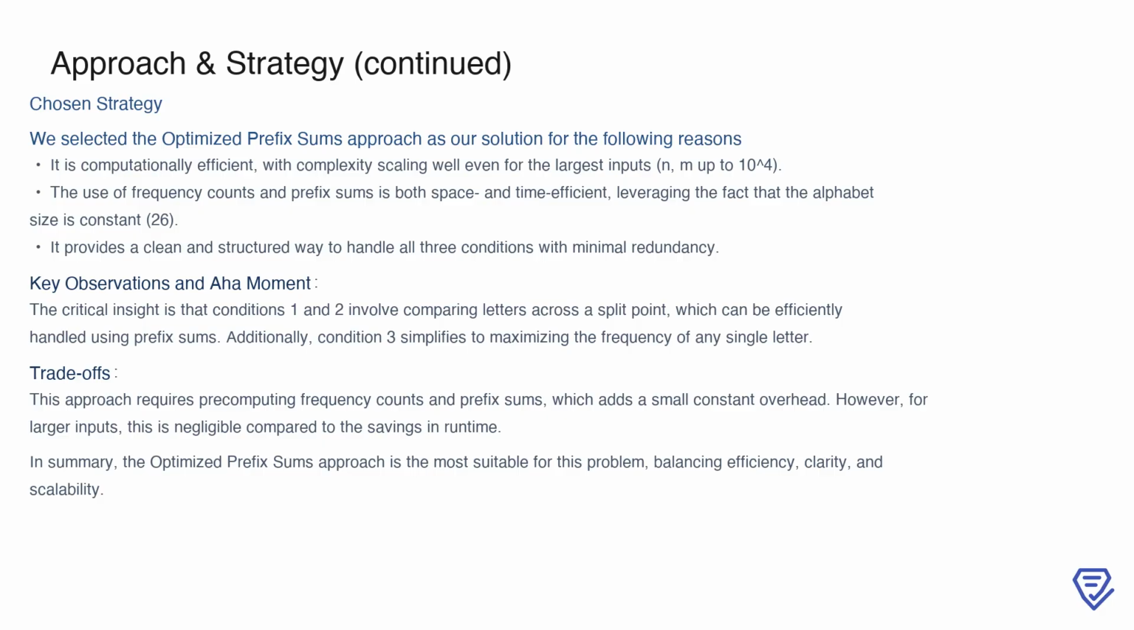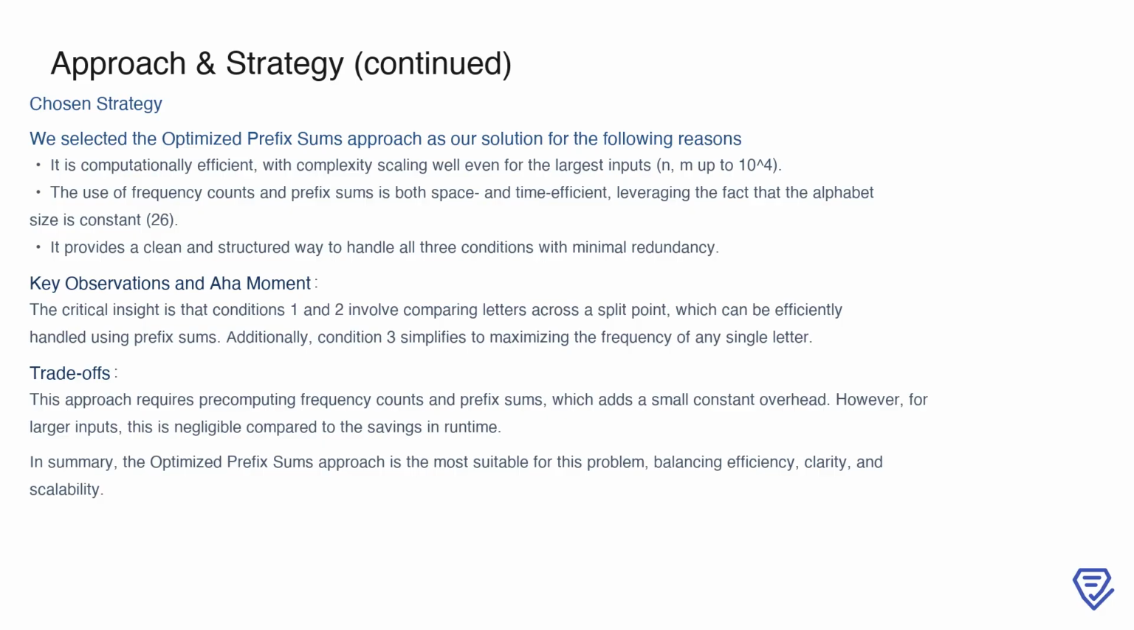A key insight here is that conditions 1 and 2 can be reduced to comparing letters across a split point, which is where prefix sums shine in optimizing the computation. For condition 3, the problem simplifies to maximizing the frequency of a single letter, which further streamlines the solution. While pre-computing frequency counts and prefix sums introduces a small constant overhead, this is negligible compared to the significant runtime savings for larger inputs. Overall, this strategy combines clarity, scalability, and performance, making it the most suitable choice for this